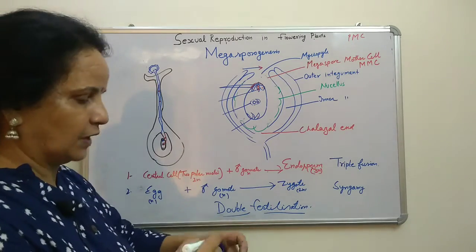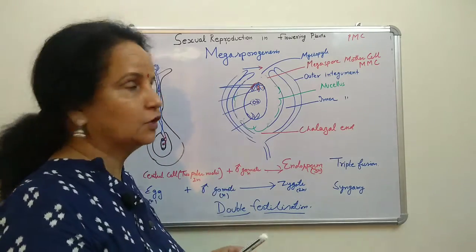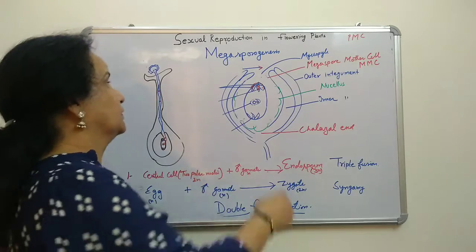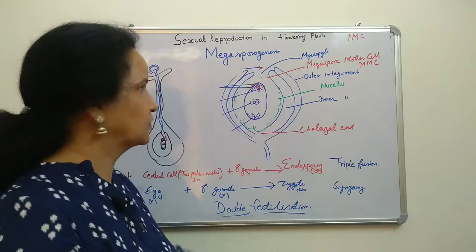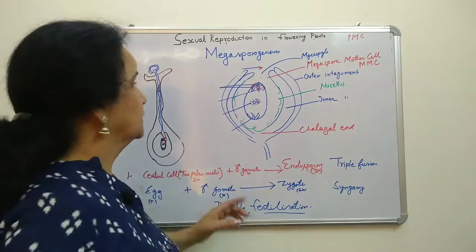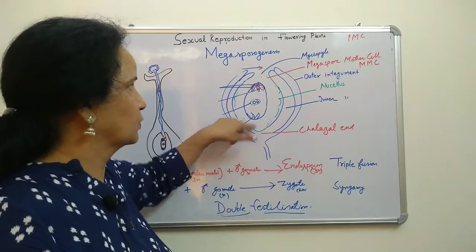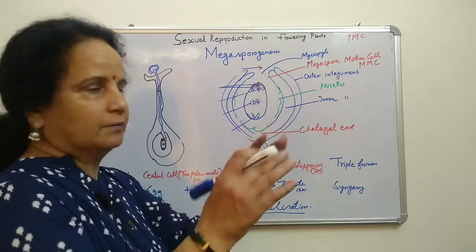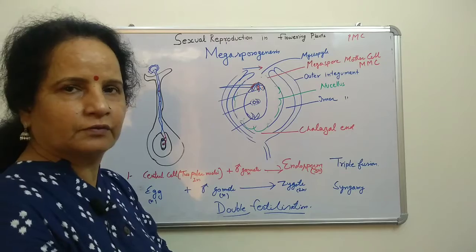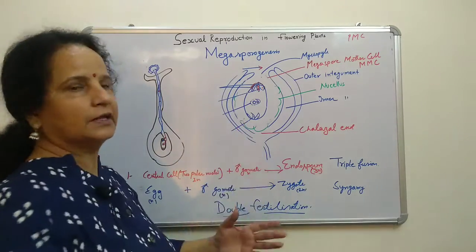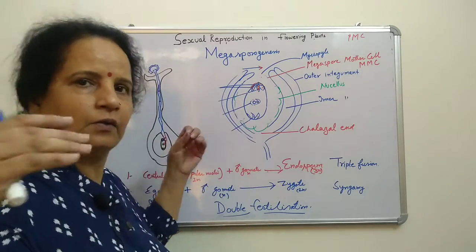So after that, what will happen? These synergids, which were guiding the male gamete where it should go, will degenerate after the fusion takes place. Their work is only this; they were made for this purpose, and after that they are finished. Now the antipodal cells will also degenerate, as there is no specific work for them, they are only there from a distribution point of view. The nucleus had to go somewhere, since the mitotic division took place 3 times, so it went into the antipodal cells. After that no specific work is there, so they also degenerate.